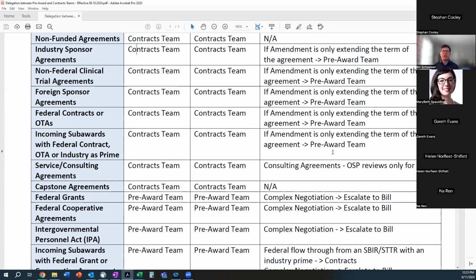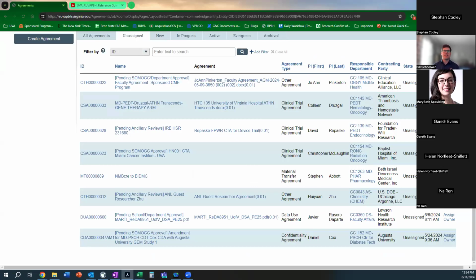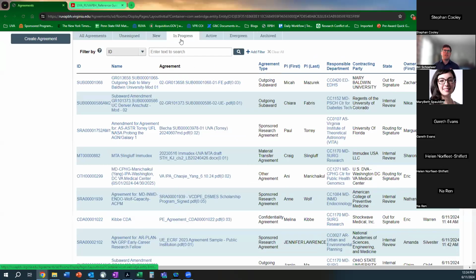So we just want to highlight some of these distinctions that govern, and we're happy to put this up on the website to raise awareness on how that process happens in the background. I think the key takeaway, though, for folks in departments and schools is that once it does get assigned,